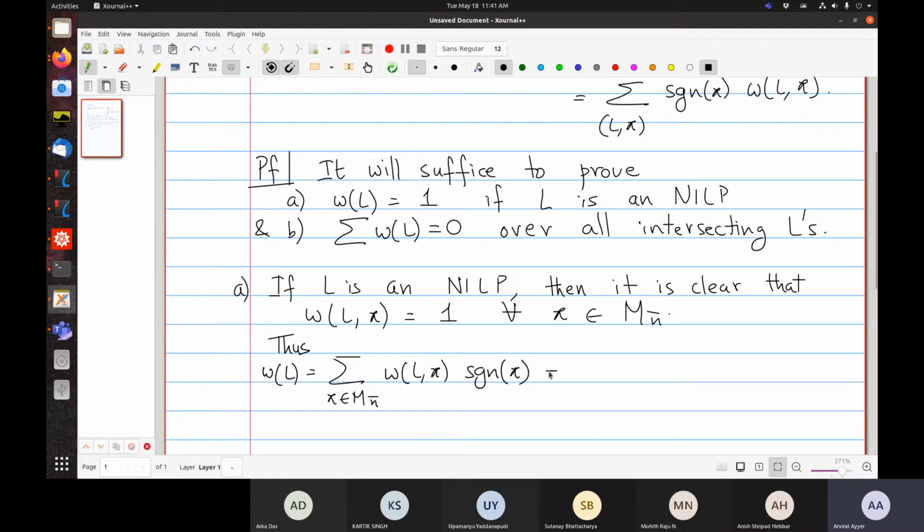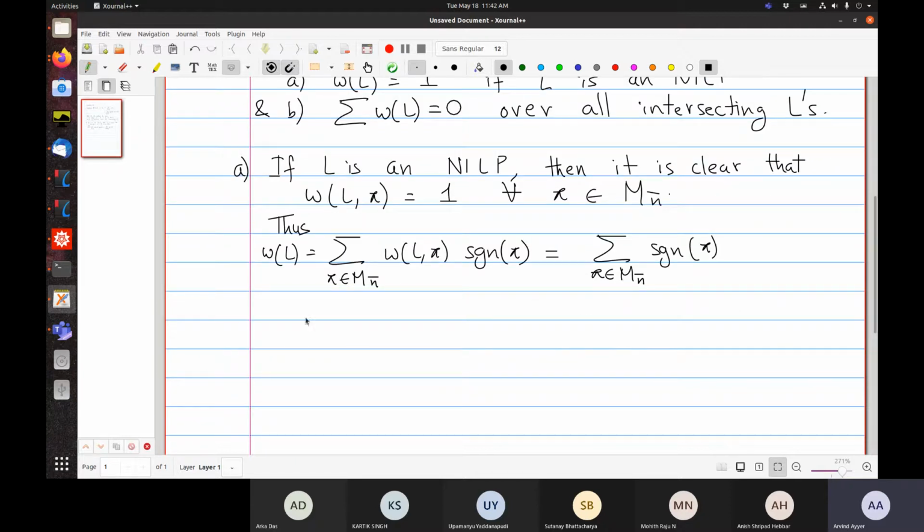This guy is always 1, so this is the sum over pi in Mn bar of just the sign of pi. Okay, so what we are doing is simply summing the sign of a matching over all matchings, and by definition of the Pfaffian, this is just equal to the Pfaffian of the